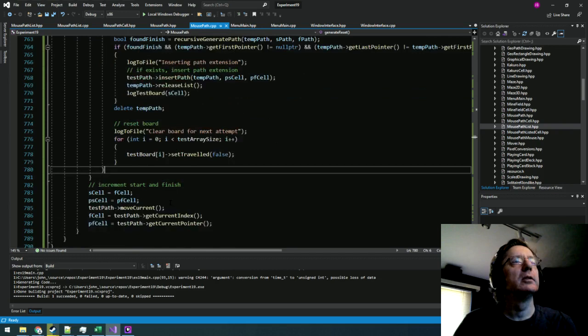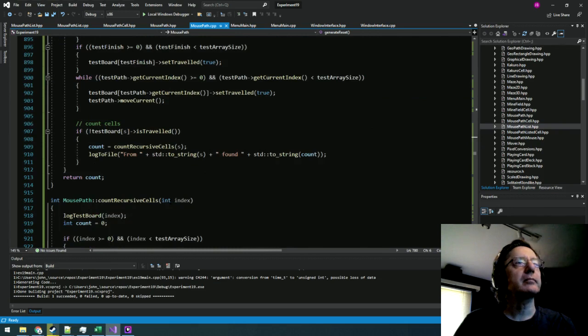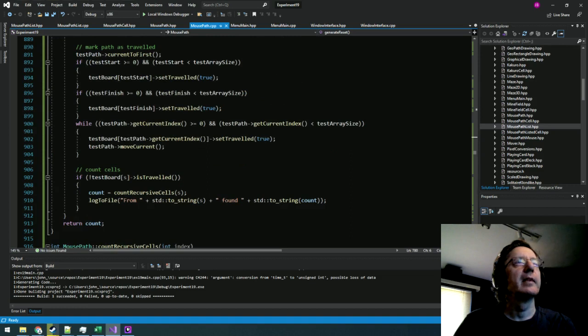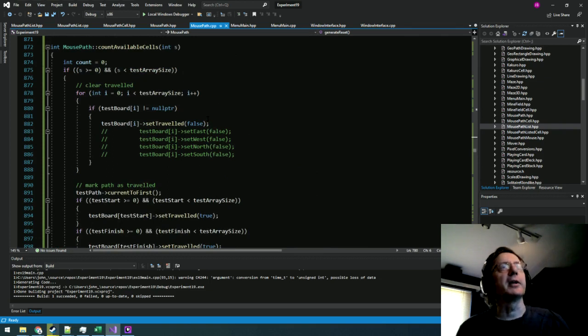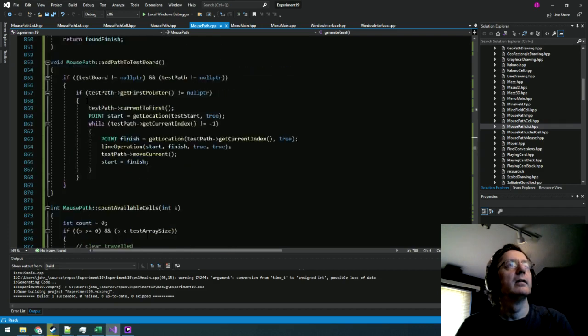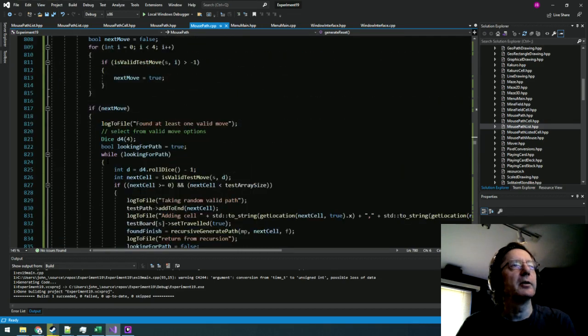So let's go look at the recursion here. I want to see if it's actually, is this where it's clearing things? Does it recursive count? Prints the count. It clears it every time it tries to do a count. Okay, that's fine. That works. But when it's done doing the count,